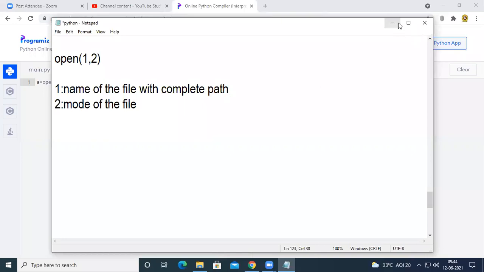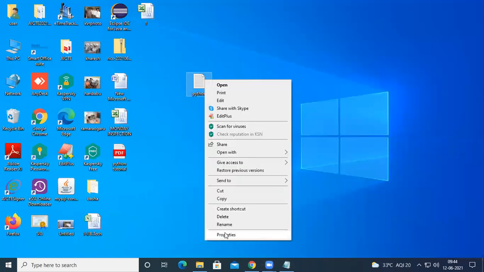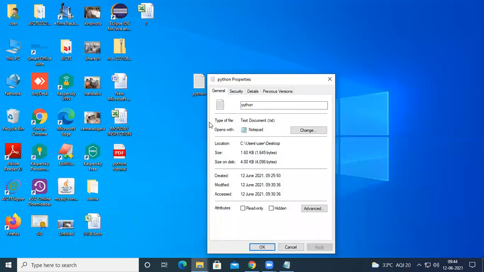Complete path in the sense, for example, if you right click on this Python file and see the properties, you will know the location where this file has been stored. You can see here, the location of this Python file is C:/users/user/desktop.